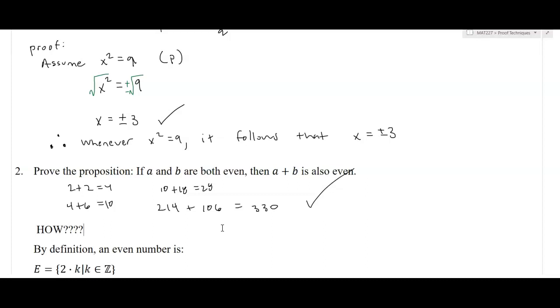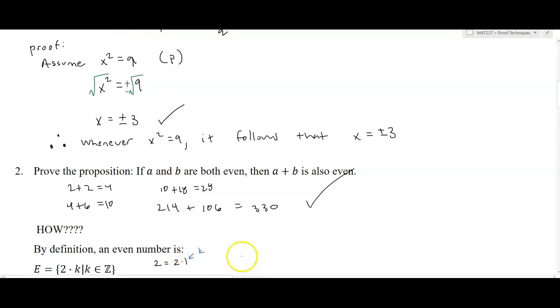So even numbers are the set E, capital E. This is not a required name of the set, but I'm just using capital E for even here. And the set of all even numbers is numbers of the form 2 times k, where k is some integer. So you can see, if you write any even number, you could always write it as a product of a factor of 2 and something else. Every even number is a multiple of 2. So 2 is 2 times 1, and so you can think of k as being equal to 1 here.